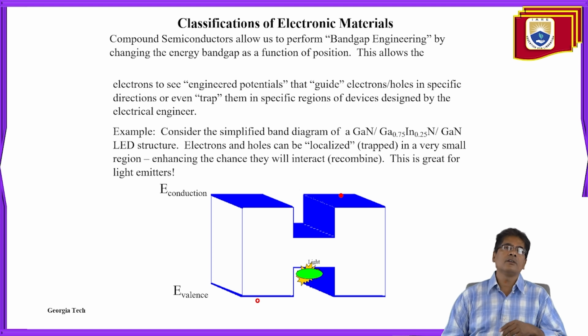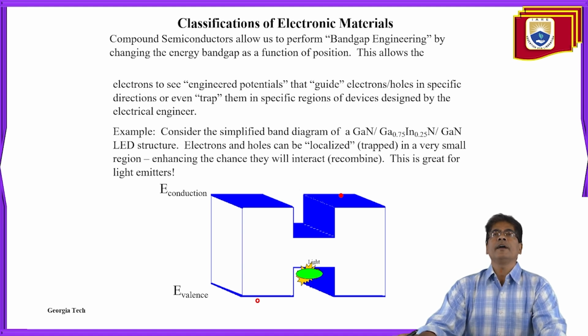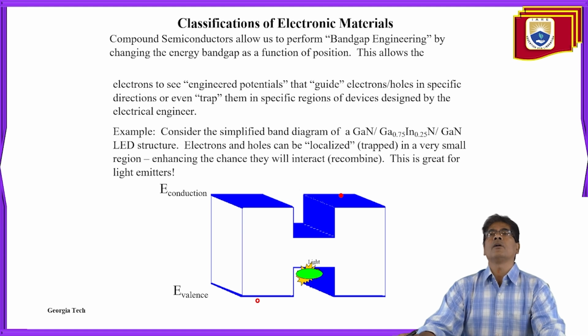So this allows the electrons to see the engineered potential that guides electrons or holes in a specific direction, or even traps them in specific regions of devices designed by the electrical engineer. For example, consider the band diagram of a gallium indium nitrogen, or gallium nitrogen LED structure. Right? Electrons and holes can be localized or trapped in a very small region,